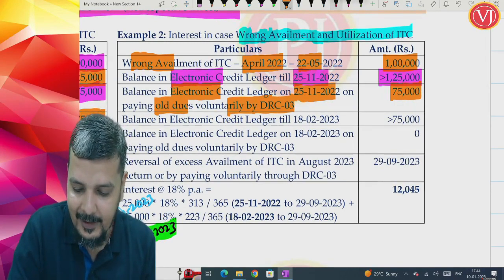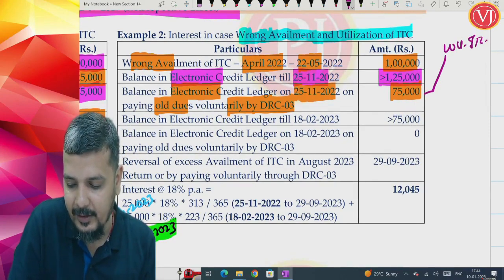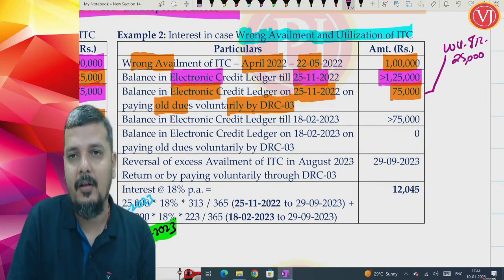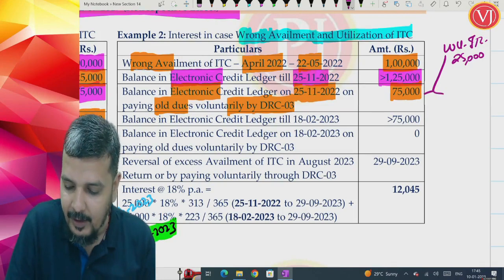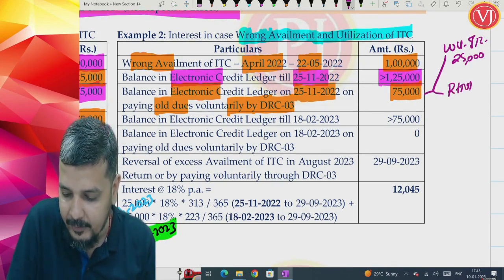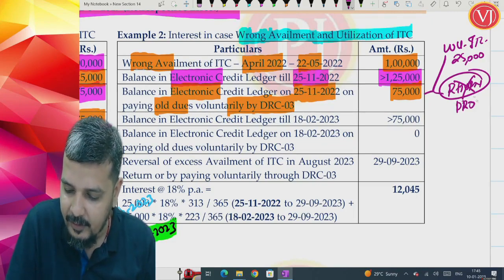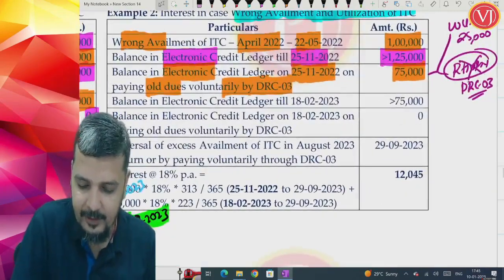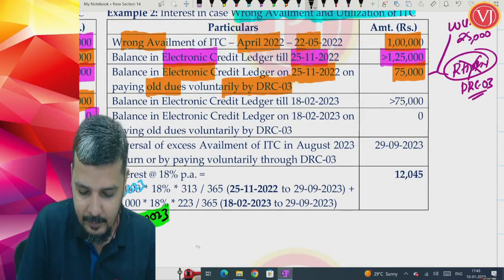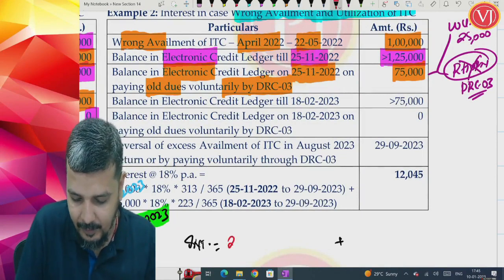Now understand that there is wrong utilization of ITC, and that too it is only 25,000, because my credit balance is falling below 1 lakh but not entirely. So it is 25,000, and it is not because of my return. This time when my credit balance is falling below 1 lakh, it is because of the DRC 03 challan. So the first part of interest is pretty simple. It is on 25,000 multiplied by 18% per annum